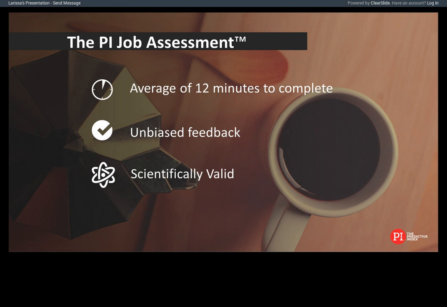The other thing is that it's unbiased feedback. Sometimes, as you know, sitting in a meeting talking about a job, you may not actually give your honest opinion, or you may kind of couch things, that whole groupthink idea. This really gives everybody the chance to give completely unbiased feedback without discussion, really just what they think, and then have the discussion afterwards. And obviously, like everything that we do, it's scientifically valid, and that data gathering that we're doing for the cognitive is exactly what we're doing to validate that as well.